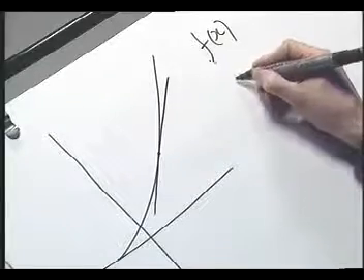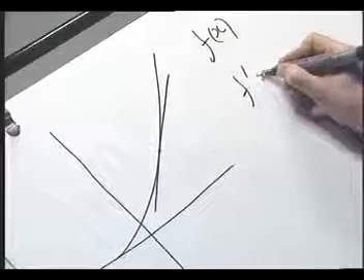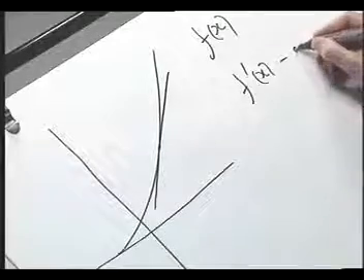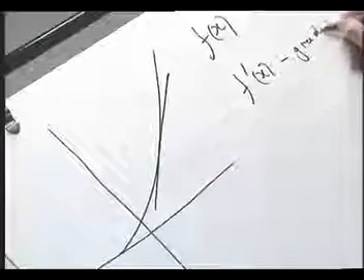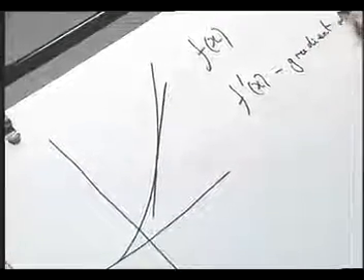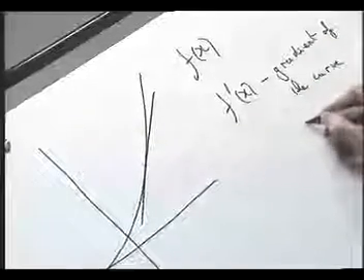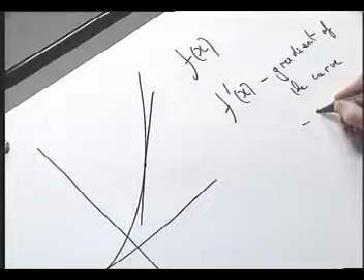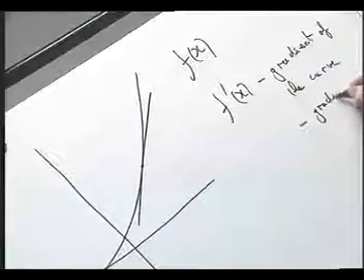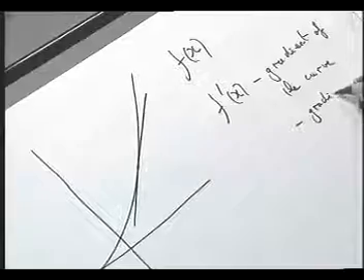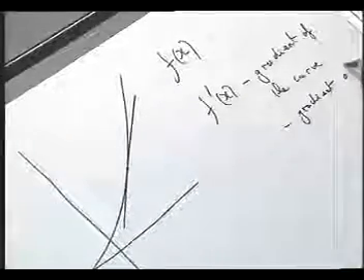So when we differentiate, that's f dashed of x, this represents the gradient of the curve. Or, since we have a curve and the tangent at that point, it is the gradient of